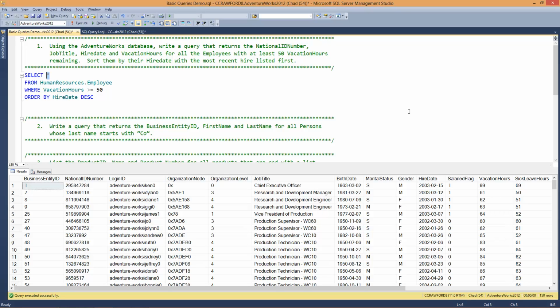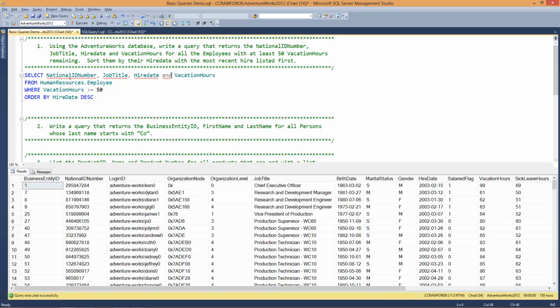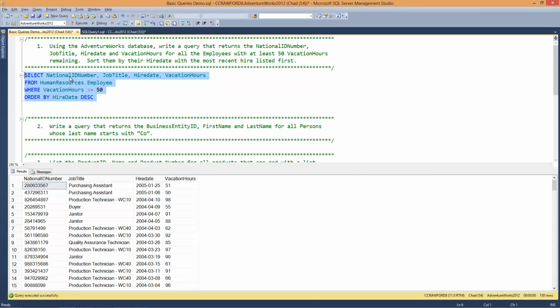We also only needed the national ID number, job title, hire date, and vacation hours. I'm going to cheat here since somebody very conveniently listed the requirements using the same names as our columns. All I need to do here is put a comma in between. Okay, and here is our query